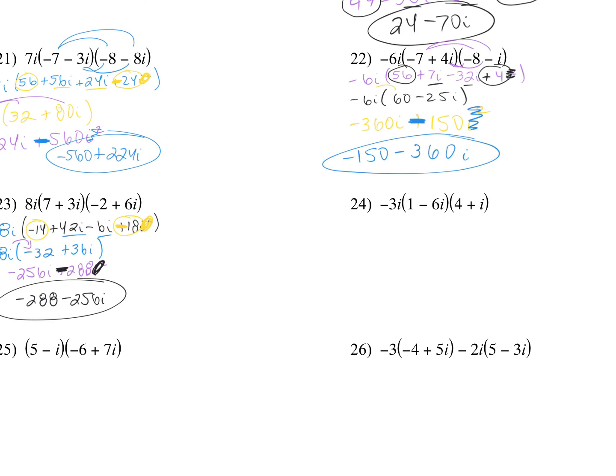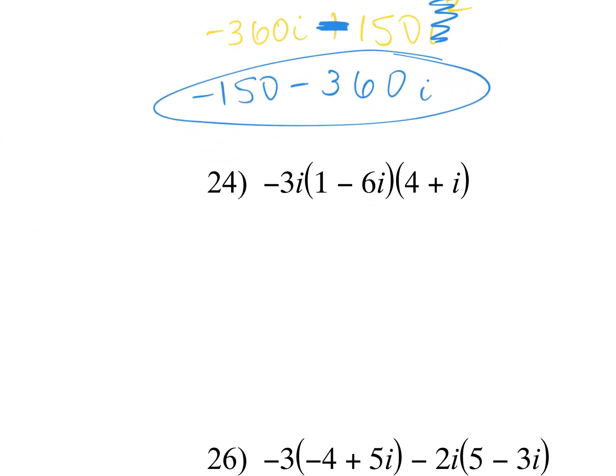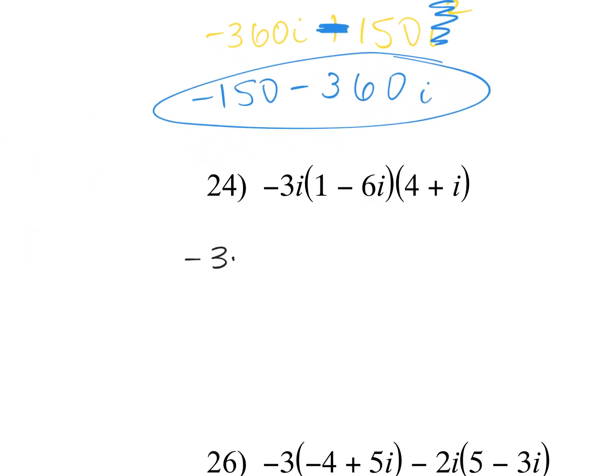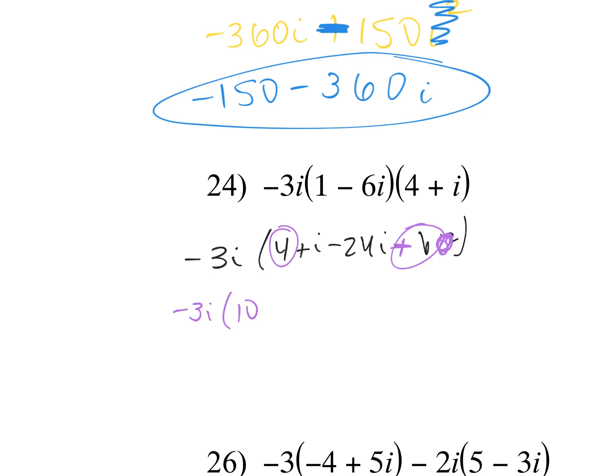I know. Again, we're going to do it again. Negative 3i out in front. 1 times 4 is 4. 1 times i is i. Negative 6i times 4, negative 24i. Negative 6i and i, negative 6i squared. I see i squared, what do? Cross it off, change the sign. So I still have my negative 3i out here. My real is 4 plus 6, which is 10. 1i minus 24i,